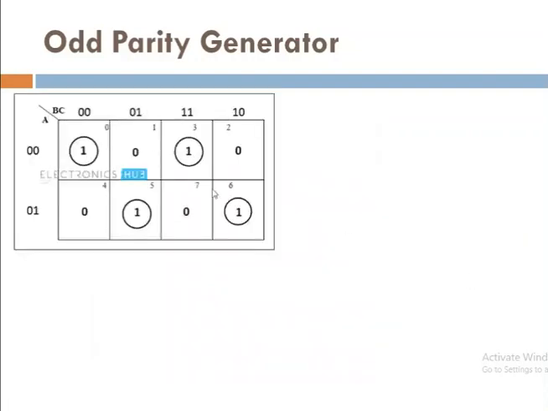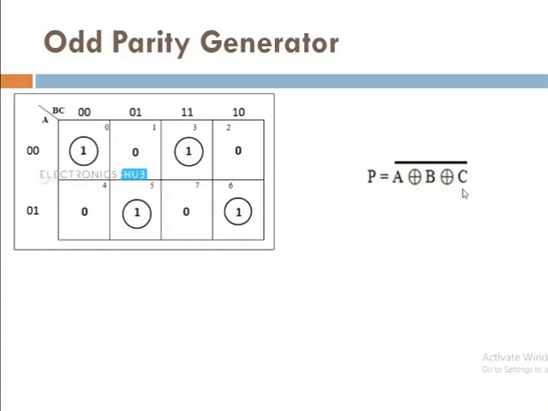Now we need to put this value into the K-map. So 0 3 5 and 6. Again there is no adjacent cell to merge to make a larger group here. So again it's a group of individual cells. If it is individual cells, in the final equation we require 4 terms, and if you try to reduce these 4 terms, you will get this equation. How are we getting this equation?